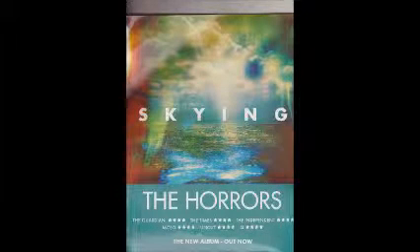This is a magazine advertisement for the album Skying by the indie rock band The Horrors. As you can see, the main image used is actually the same as the front cover for the album. This reinforces the promotion of the album whilst following formal conventions. This is because there is not only one formal convention used for the main image, being using an image of the artist, but the front cover of the album is also a formal convention, as this promotes the album, which is the full purpose of the advertisement.